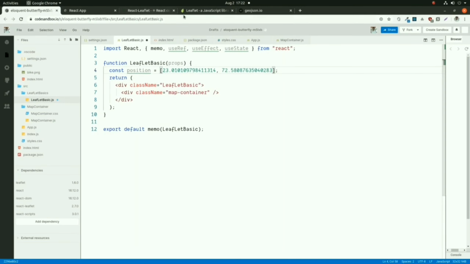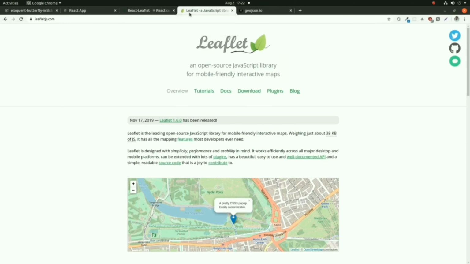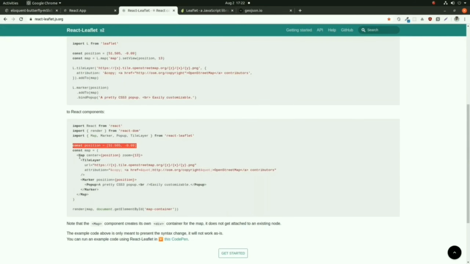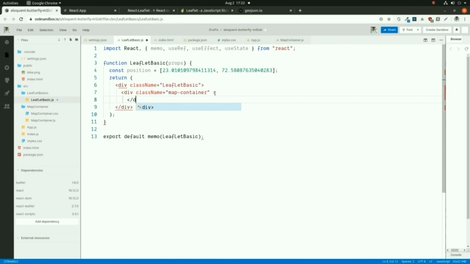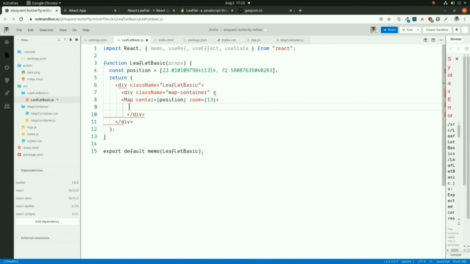So this is the position element I have created for the map. Now I will take the map element from the React Leaflet JS. I will put the map element inside the map container. Now close the map element.